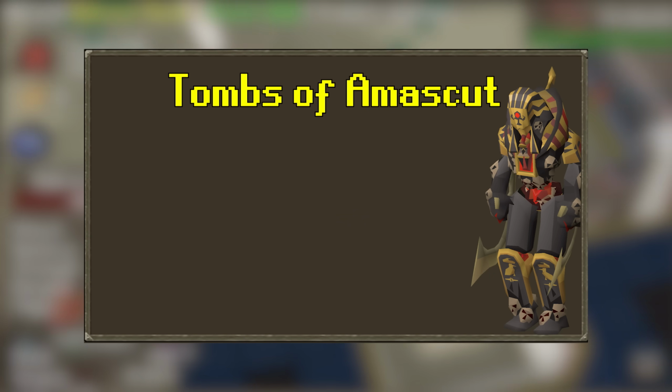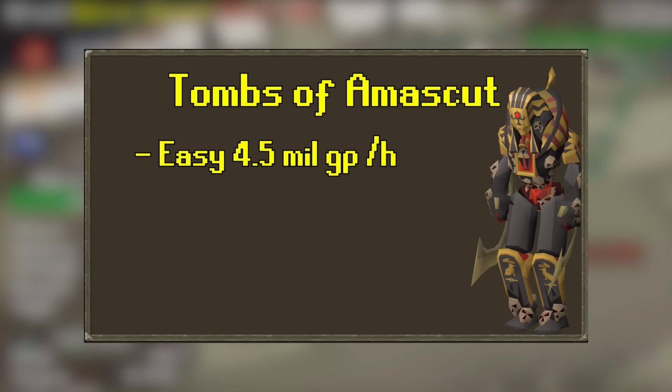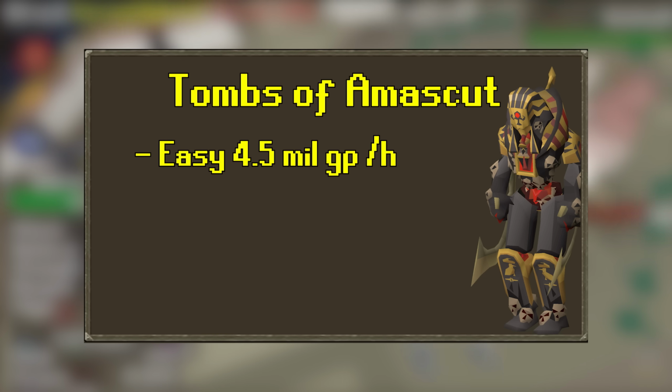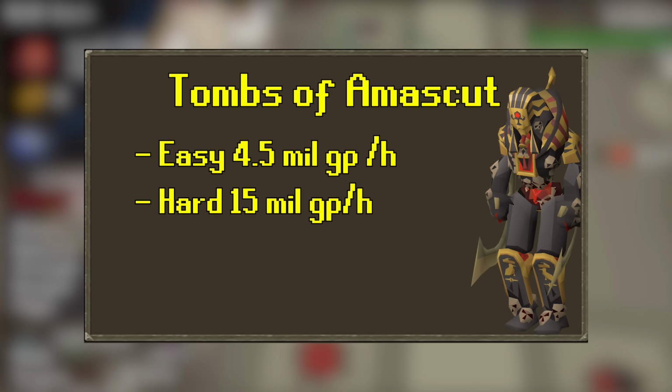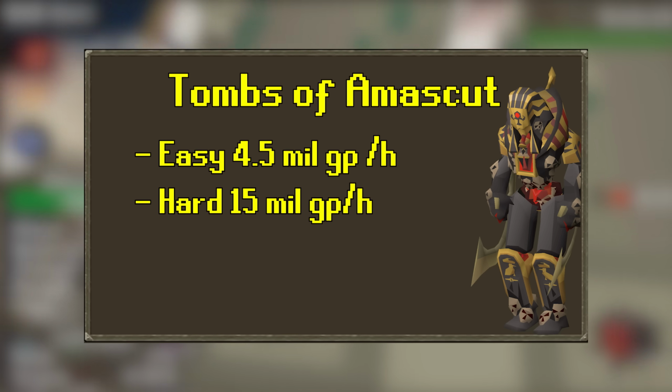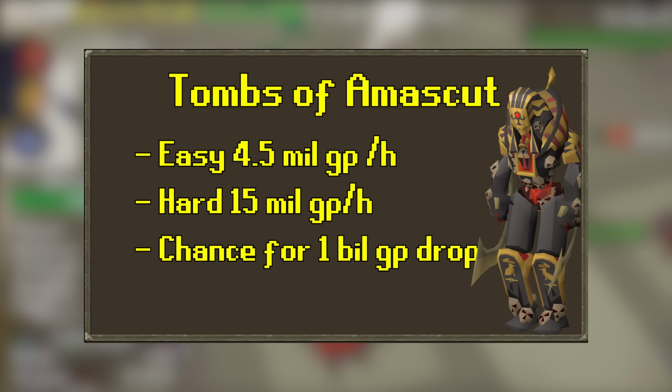With level 300 Invocation expert runs, you're looking at 4.5 million GP per hour. But if you step up your game and get to level 500 solos, you'll be raking in a steady 15 million GP per hour. You'll be stacking up bank doing this raid. If you manage to get this raid's mega rare, the Tumeken's Shadow, you will instantly be an Old School RuneScape